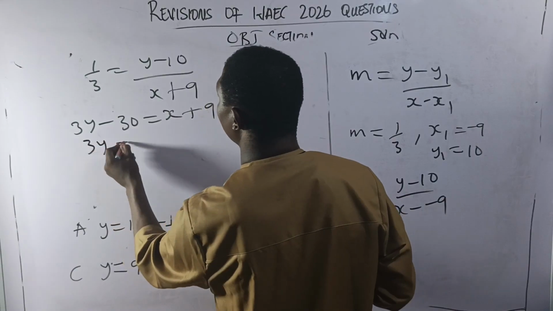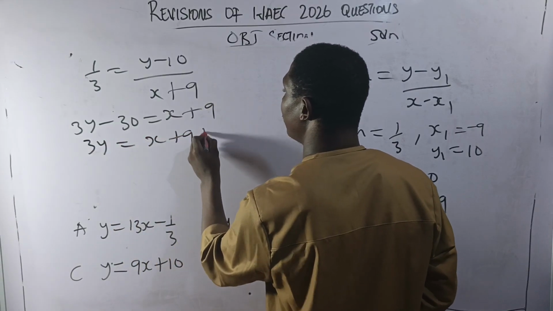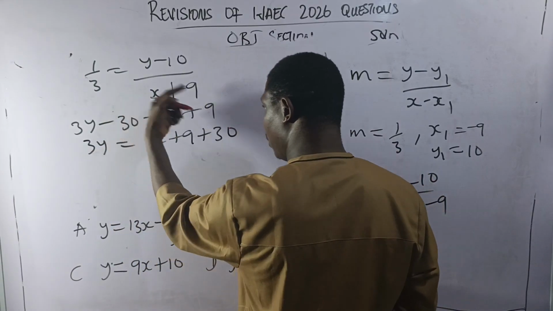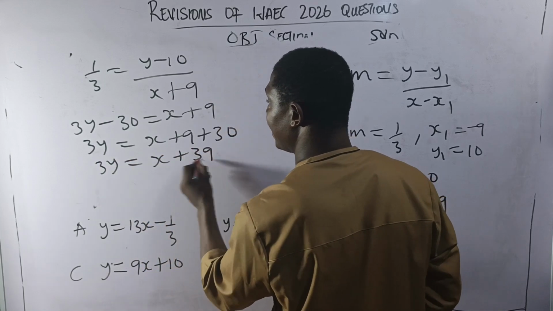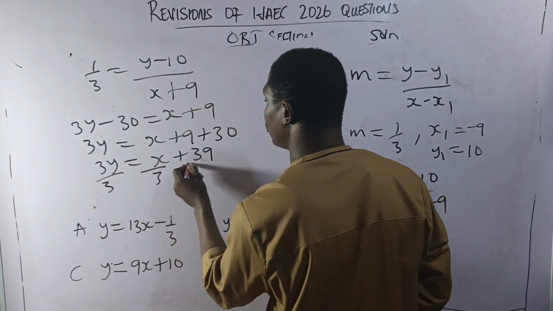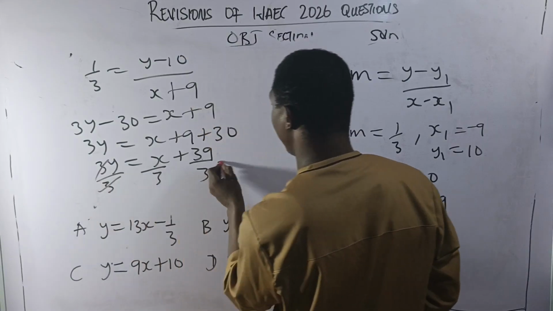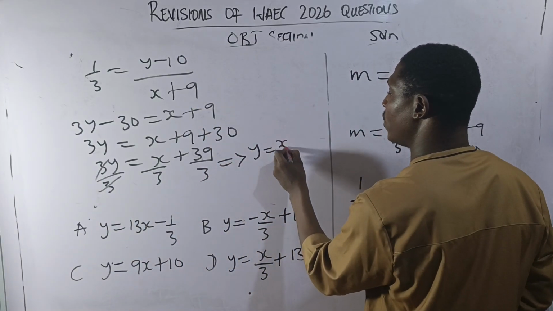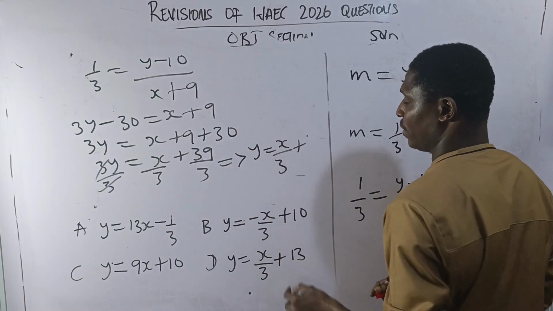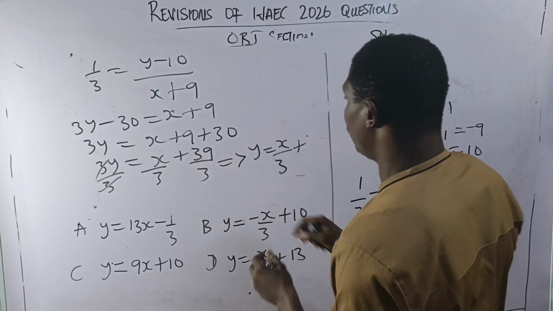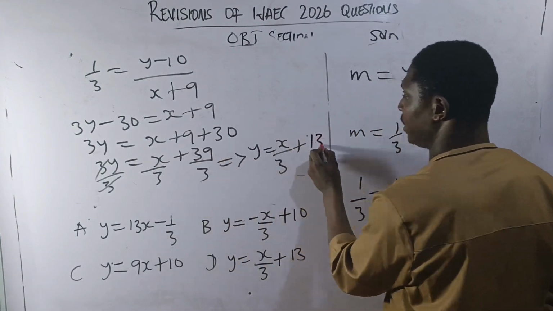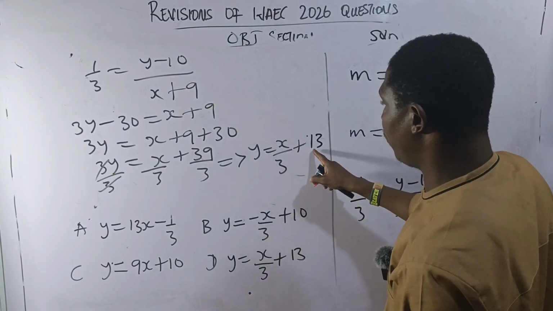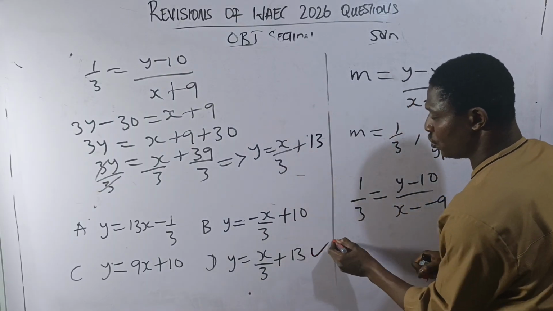So I have 3y equals x plus 9 plus 30. Collecting like terms, 3y will be equal to x plus 39. I'm looking for y, so I'll divide through by 3. And I'll have my y equal to x over 3 plus, if you watch, 3 into 39 is 13. So I have y equals x over 3 plus 13, which corresponds to my answer,